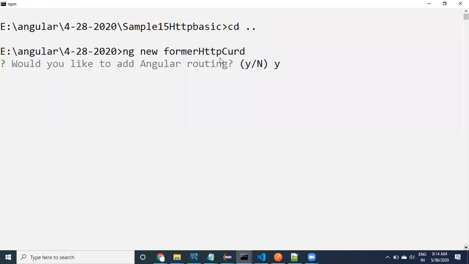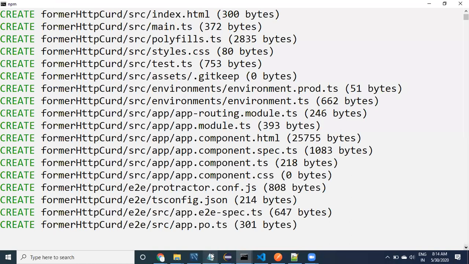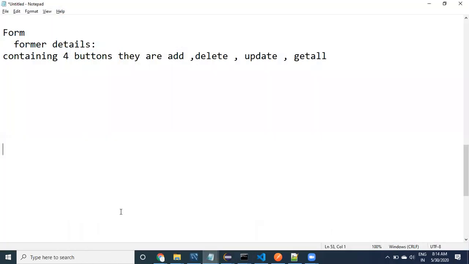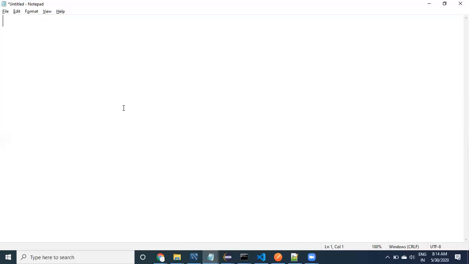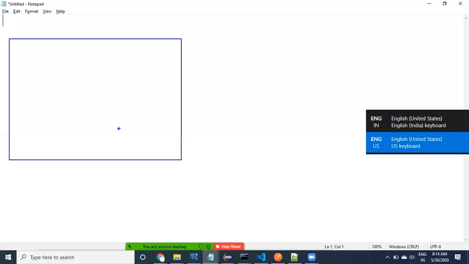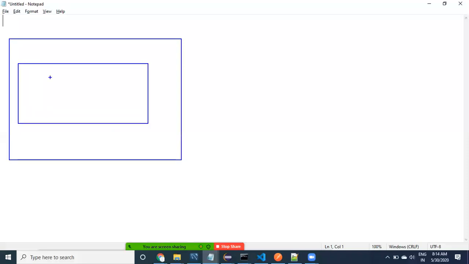So let us start. What I would like to do here is take a farmers farm, and I want to use Bootstrap CSS as well. Using Bootstrap CSS, I want to create a form. Inside the form: farmer name, farmer phone number, and farmer WhatsApp number. I have three things available.